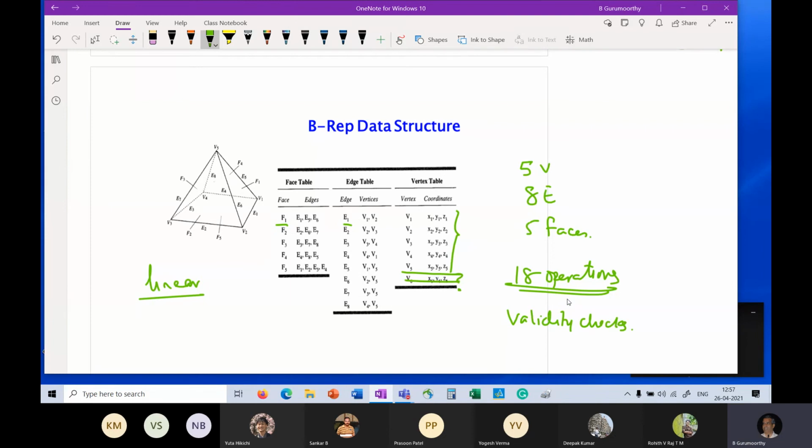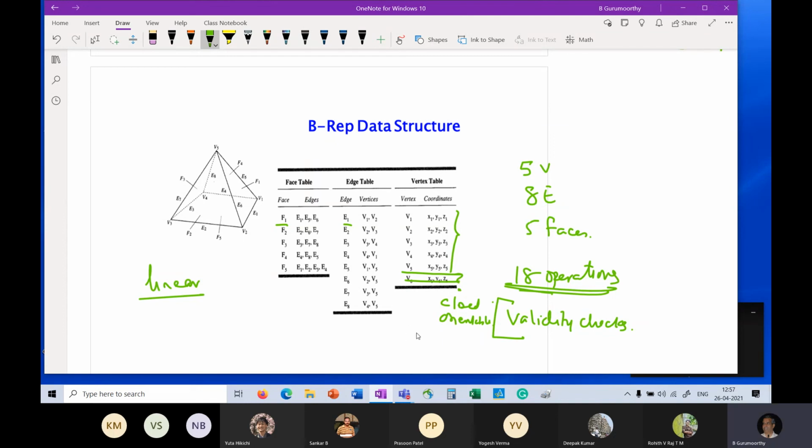Because it is not guaranteed, right? You may have made a mistake, just like the example that we said, that the vertex went from there to somewhere else, right? You may have a problem. And therefore, after defining these 18 operations, you have to do the validity check. Now, the first and the second, the closed and the orientable, are not too bad. We don't complain about that because all they have to do is march through these edges, faces, and look at the edge, keep a count, and you're done.